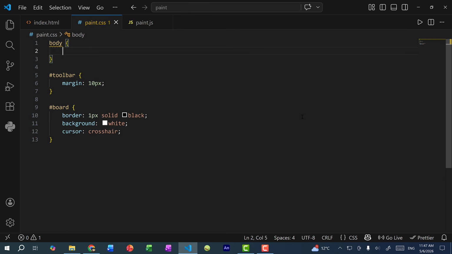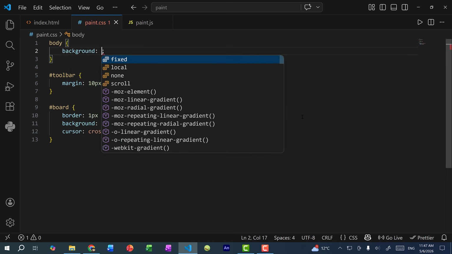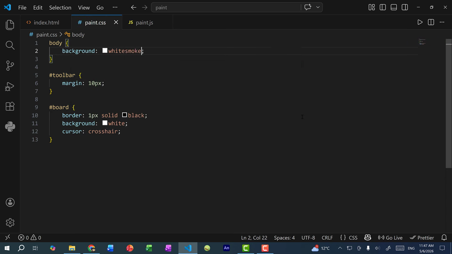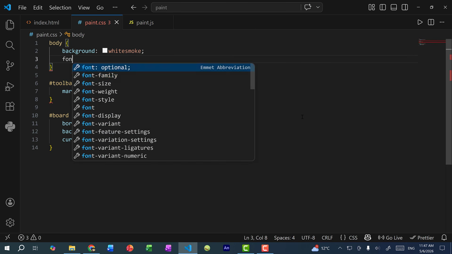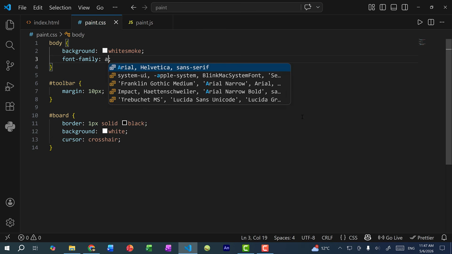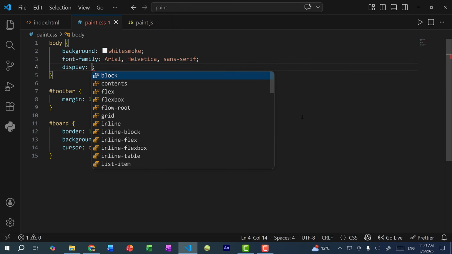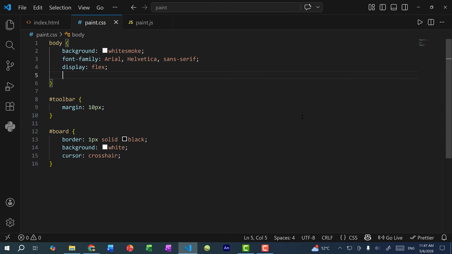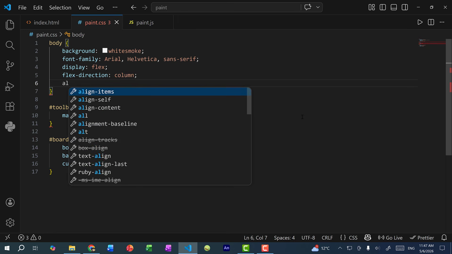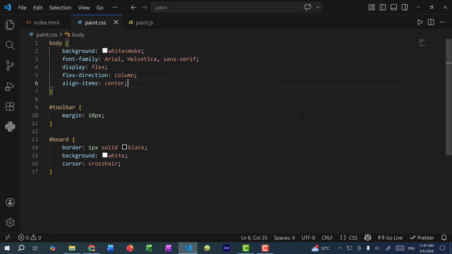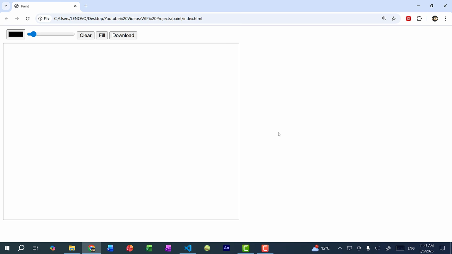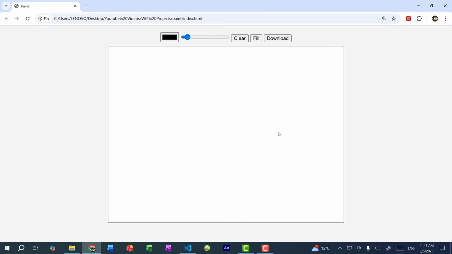So here I'm going to change the background color to white smoke. So this is a white grayish color. Font family is going to be Arial. Display is going to be Flex. Flex direction is going to be column. And we're going to do align items center to center everything. Okay. Now, if I refresh the page, you can see everything is centered